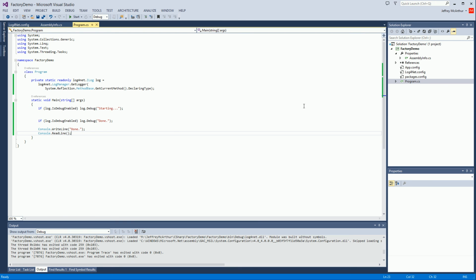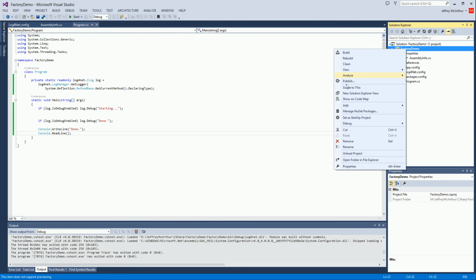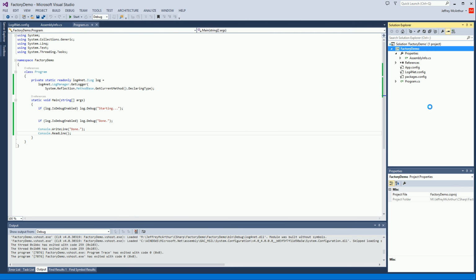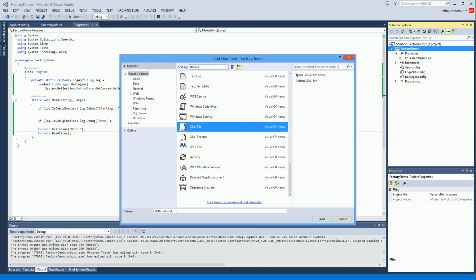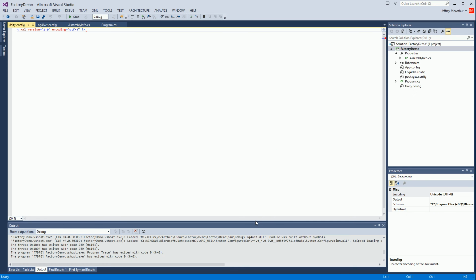The next step is we have to get Unity working. So we've added Unity here, but at this point in time we need to add a new item, which is a configuration file. Actually, let's just make it an XML file, since that doesn't save us anything by saying that. We're going to call that unity.config. Okay, so this gives us a Unity config file,